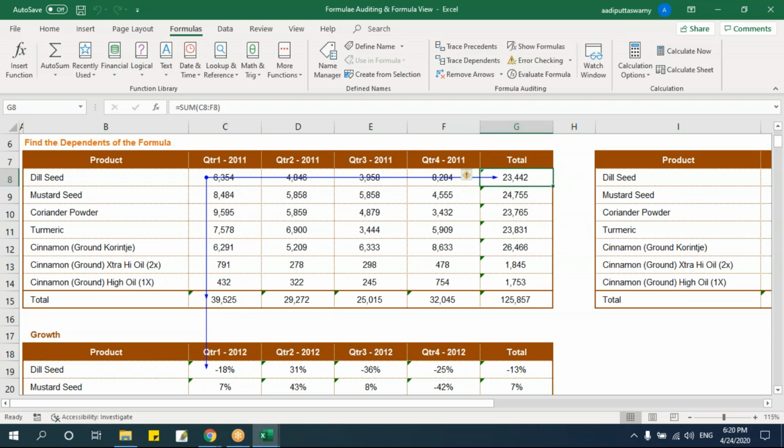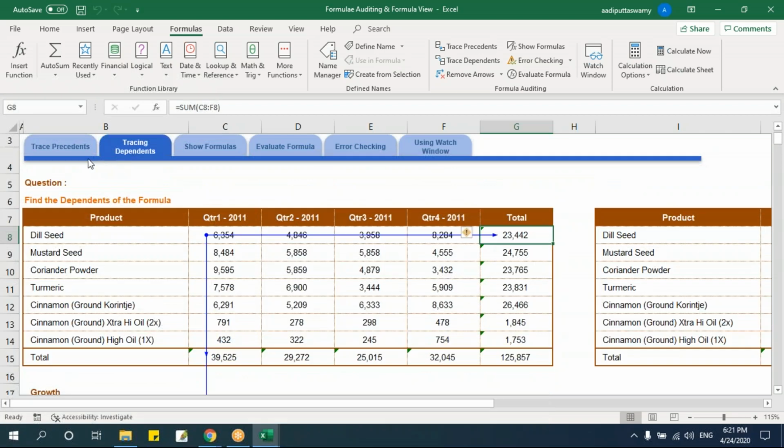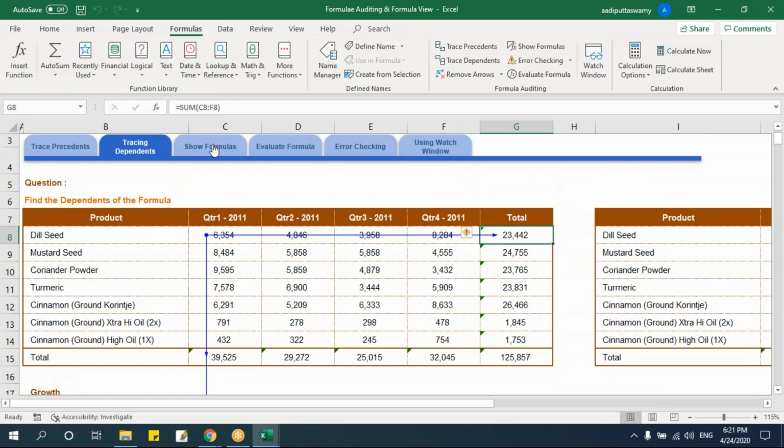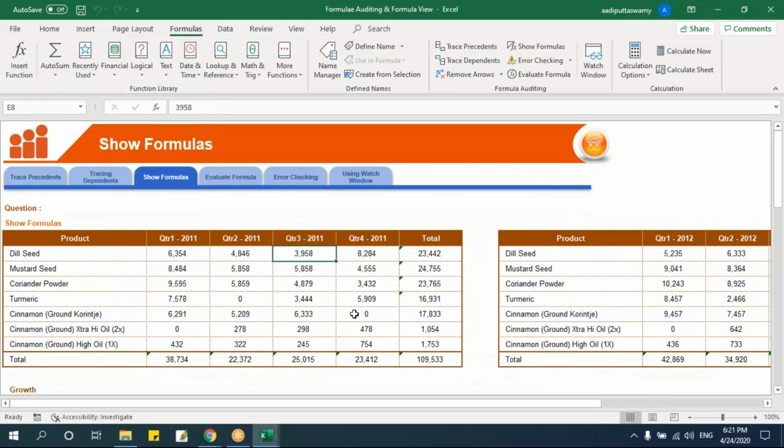So wherever the cell is used, the dependents will show it. So trace precedents and dependents will show some arrow marks so that we can easily check the cells which are referred.